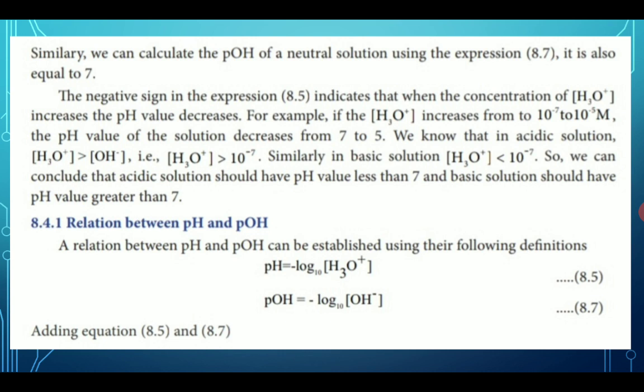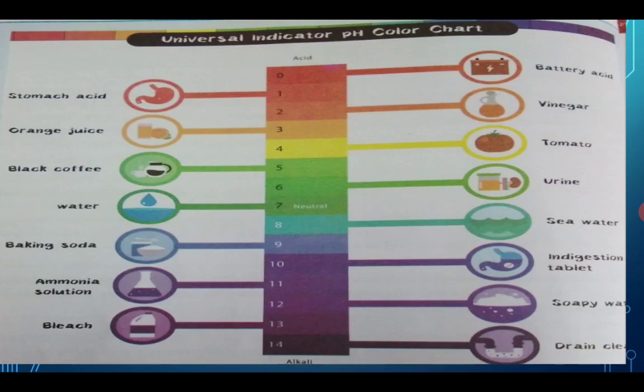Another important question in this particular lesson is the relation between pH and pOH. The derivation often comes as a 3-mark question. Please go through and listen. The relation between pH and pOH can be established using the following definitions. The first definition, which I have already shown: pH is equal to minus log concentration of hydronium ion to the base 10, and pOH is equal to minus log concentration of hydroxyl ion to the base 10. So, adding these two equations,